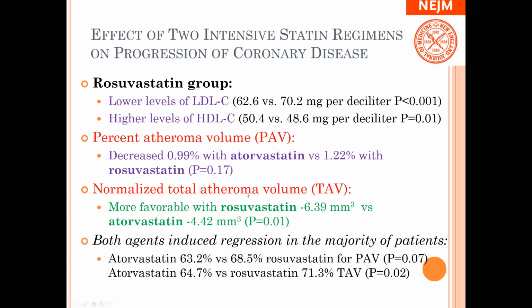So the percent volume decreased. It decreased by almost 1% with this one and 1.22% with this one. So the difference, the delta, would be 0.22% between the two. That's not much of a difference, 0.22%. The p-value is 0.17, so it's not